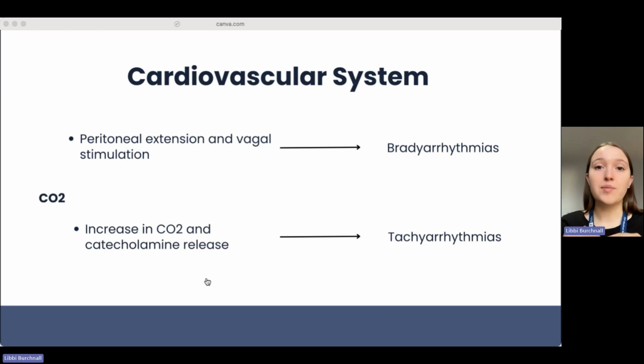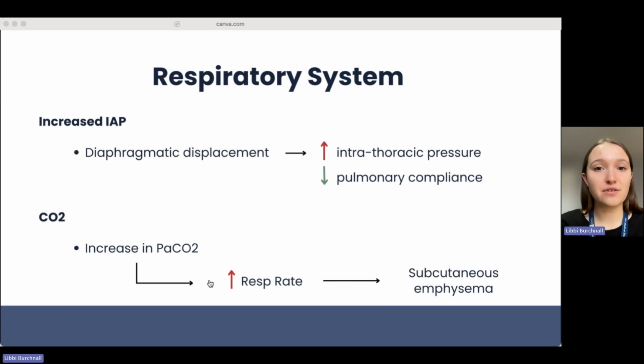And then if we think about how the carbon dioxide might impact the cardiovascular system, the increased carbon dioxide releases catecholamines as well, and that might lead to tachyarrhythmias. So we can see already that we've got lots of different impacts on the cardiovascular system for the anaesthetist to think about. And if we move on to the respiratory system, the increased intra-abdominal pressure, as we've said already,